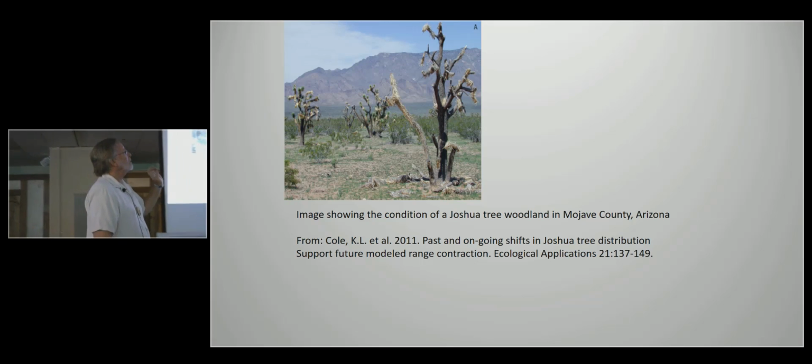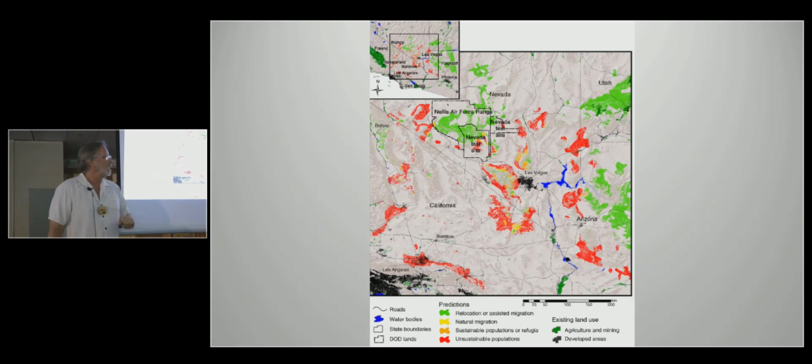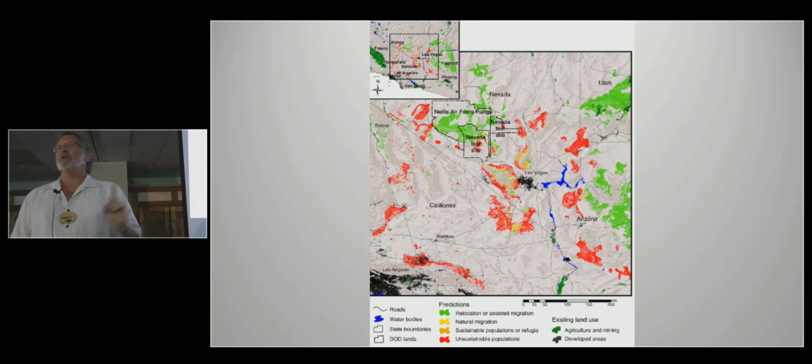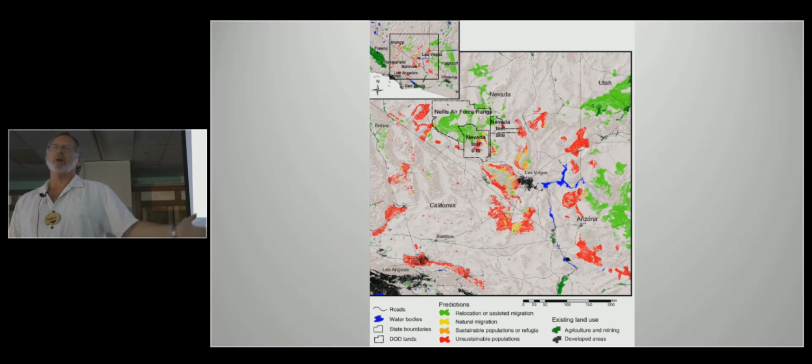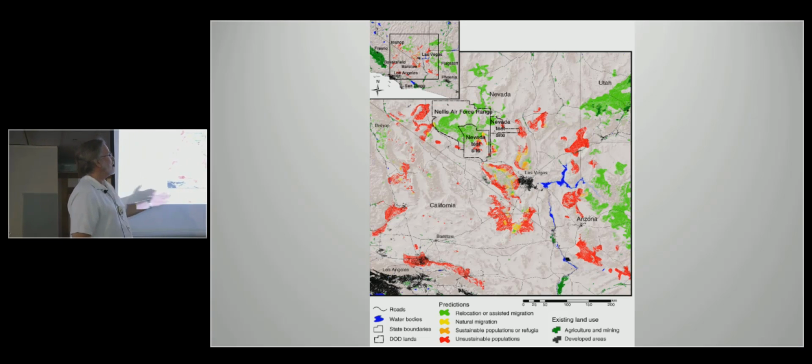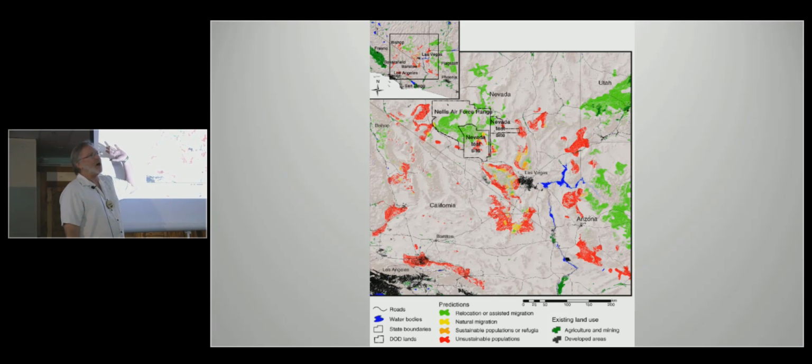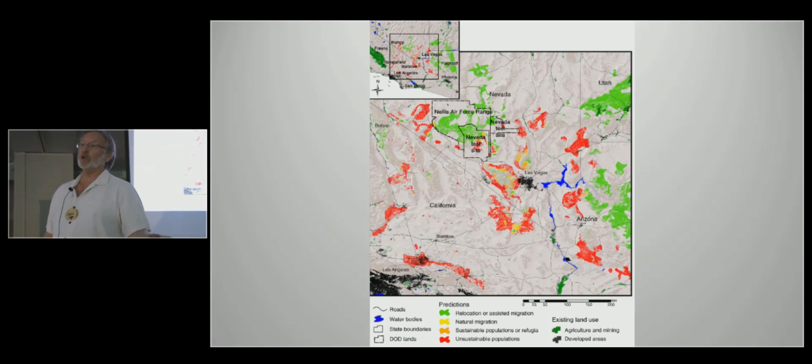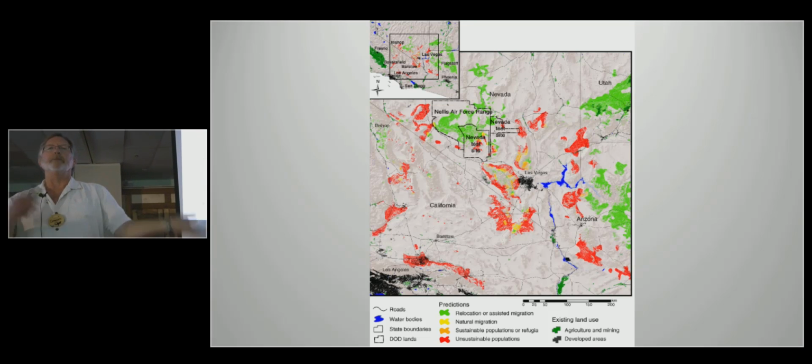Basically what they said was that they created a model, and the red areas are where Joshua trees occur today. And because they're red, it means they will definitely go extinct, because he modeled it and he said that they could not exist there in the future. You can see that California loses 99.9% of their Joshua trees. Arizona loses all of their Joshua trees, because the green areas are places where they don't occur today, but they could occur. That's if a miracle happened.